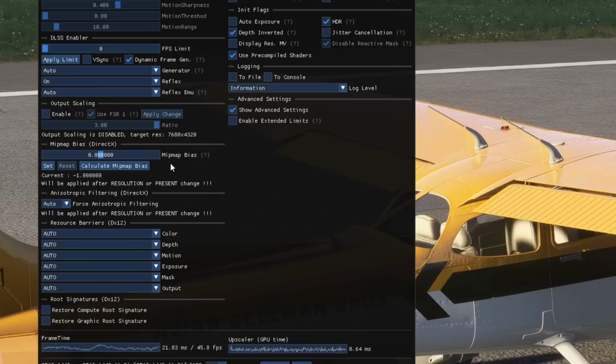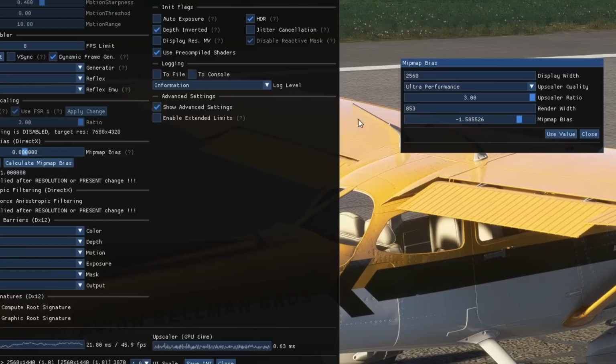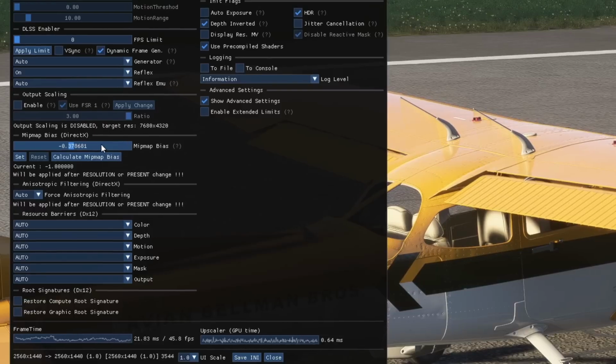So, how do you know what to select here? Well, they've given us a tool so we can click on Calculate Map Bias, and then we can select the DLSS quality level that we're using. It will then populate a bias level. We hit Use Value. It automatically populates it there. We can hit set, and it will now set that target for the next time we change the DLSS quality